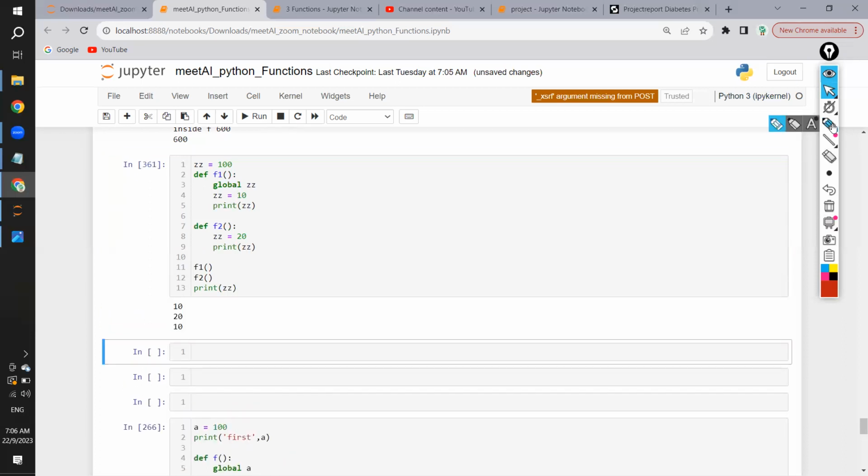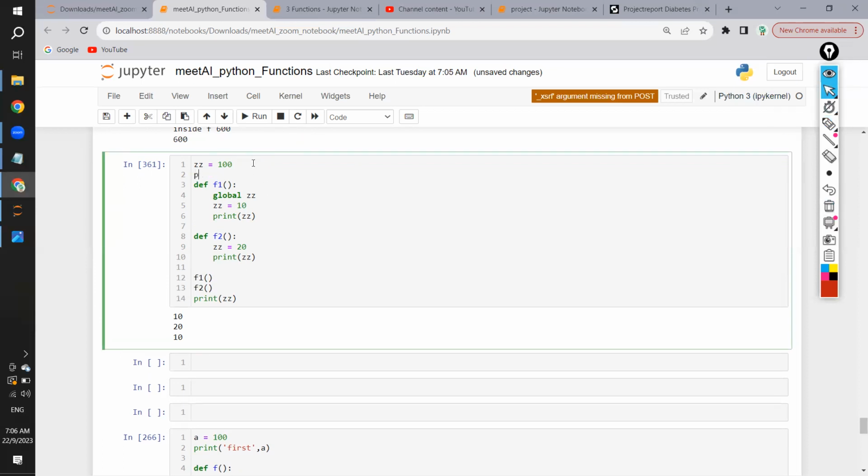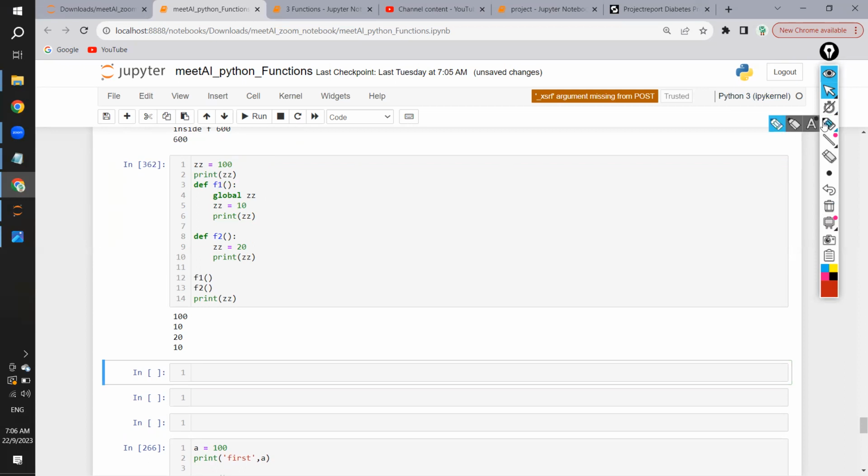See, now it's 100. So if you want, I will just print 100 also here. Initially it's 100 here. After that it is entering f1, here I'm declaring a global zz, and now it is 10 here, that's why it is 10. After that it is entering f2. Even though z I have declared as global, here there is again some value getting assigned. So if a value is getting assigned, obviously as long as the control is in this function, it will take only that value. Remember,